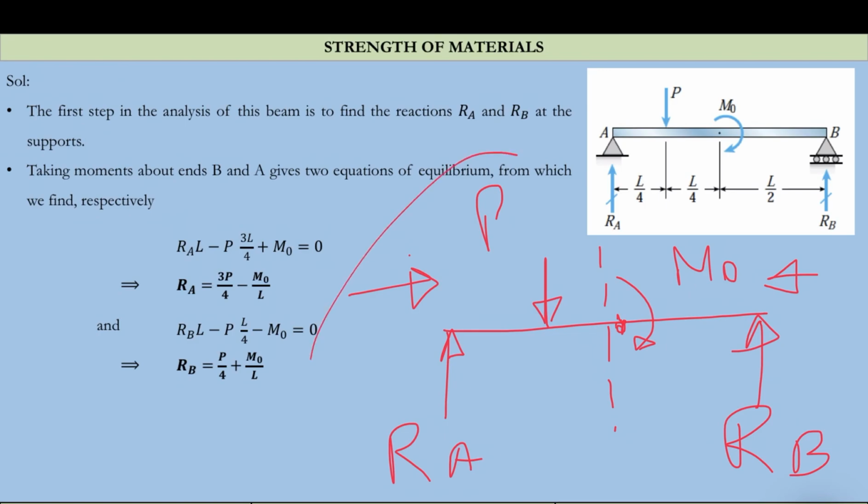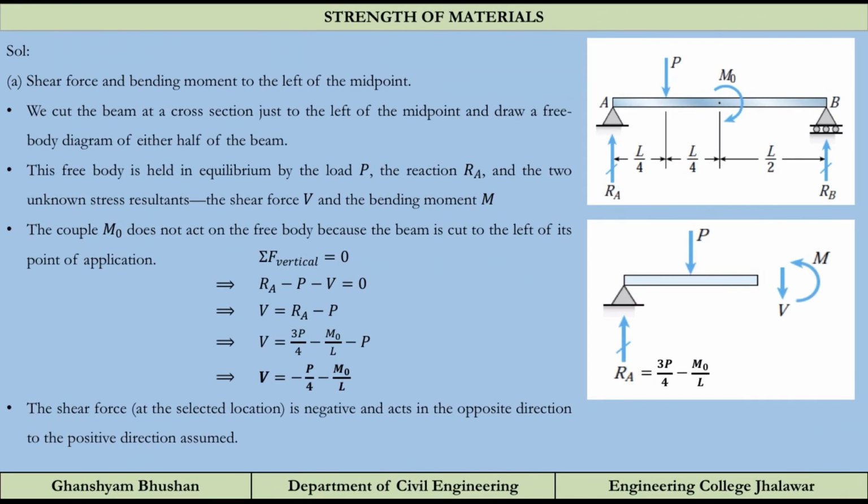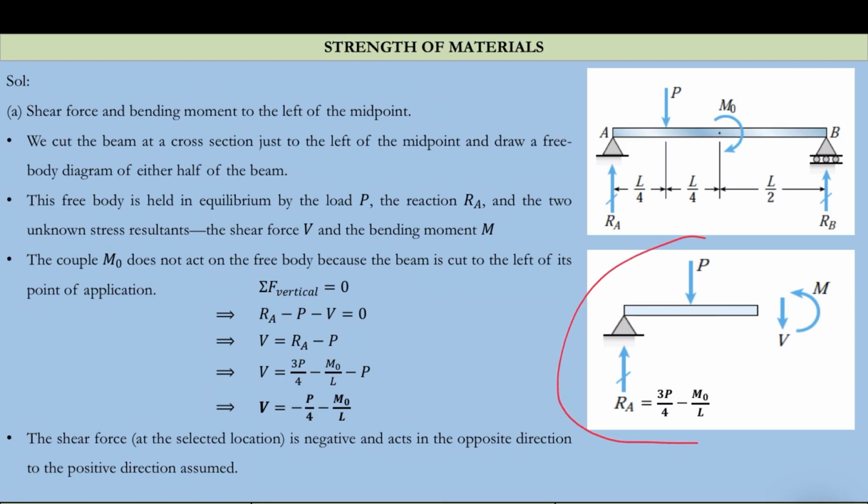So we are taking this left hand portion. Okay, so let us see. This left hand portion is shown here. This force is P, and at this section we are taking bending moment M and shear force V. Always try to draw the direction as positive, whatever the convention is giving you positive shear force and bending moment. If unknown, we are calculating, we will be assuming the positive direction.